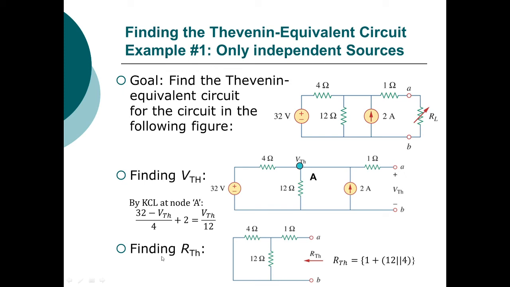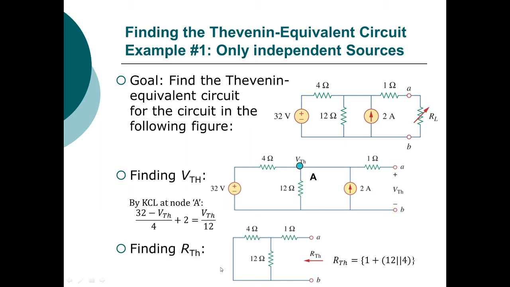And next, for finding the Thevenin equivalent circuit, we have to find the Thevenin equivalent resistance. And for that, what do we have to do? We have to look back into the open circuited terminal AB by removing the voltage sources by short circuit and the current sources by open circuit. So see here, this independent voltage source has been removed by a short circuit, and the independent current source has been removed by an open circuit.